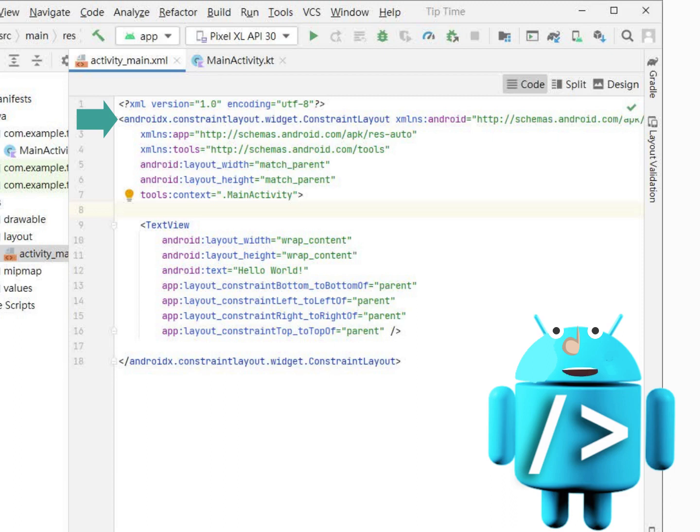3. Note the indentation. Android Studio does this automatically to display a hierarchy of elements. The text view is indented because it is contained in a constraint layout. 4. Note the color coding, some are blue, some are green, etc. Similar parts of the file are drawn in the same color to help you match them up.